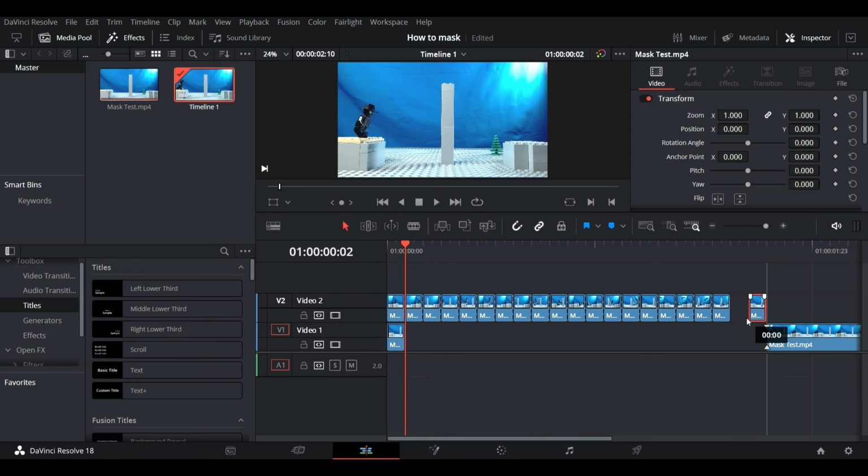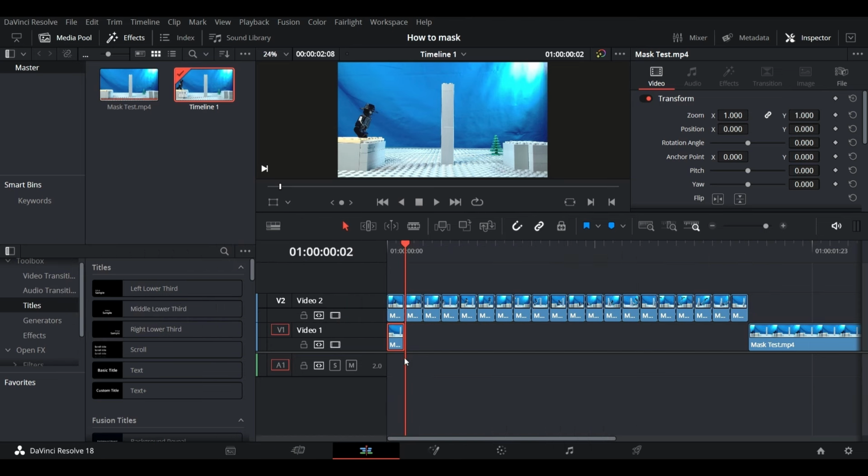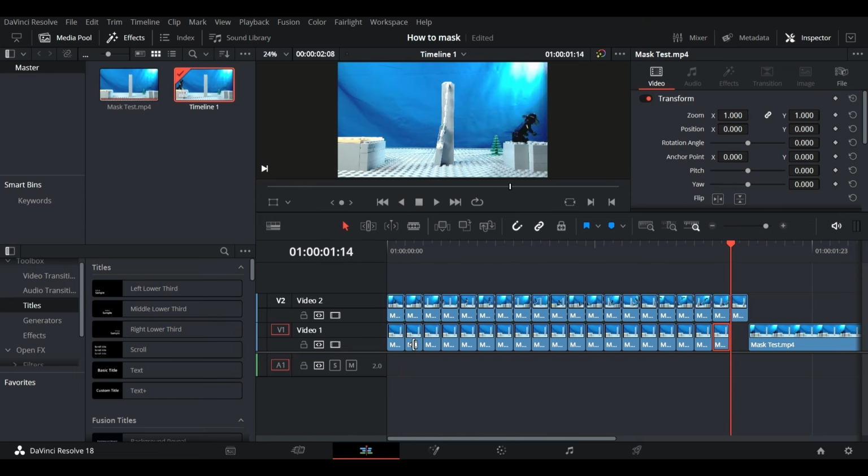Alright, so now that we have all of our frames of animation in video 2, you're going to go down to video 1 and select your blank frame and right click. Here you could click Control C or just click the copy. And once you have that clicked, make sure that your video 1 frame is selected and you'll just click Control V throughout all your frames of animation. Okay. Now that you have that,